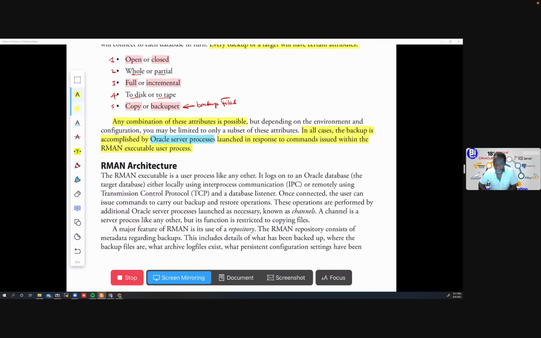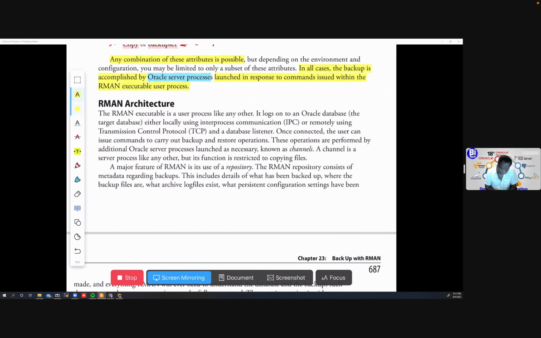The RMAN architecture, do we have to go through this? Maybe just a tiny little bit. The RMAN executable is a user process. So guys, watch here. RMAN is a user process just like C++. Okay? That's something to catch. So, the RMAN logs onto an Oracle database, which is the target, either locally using inter-process communication IPC or remotely